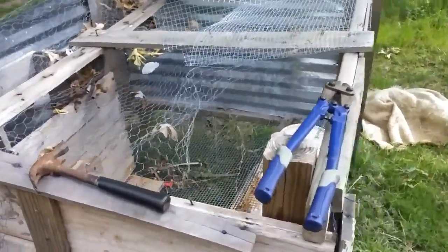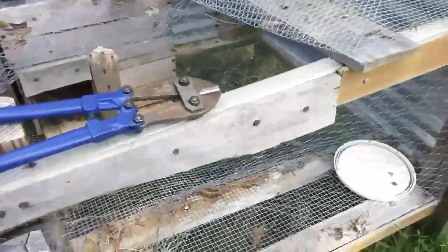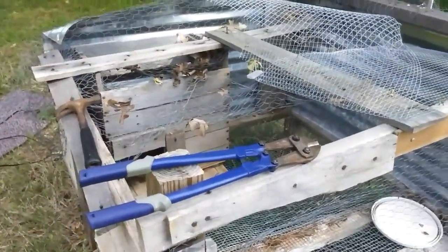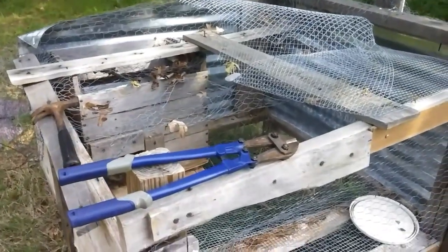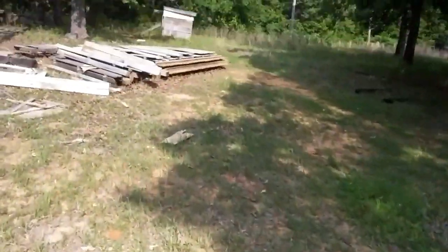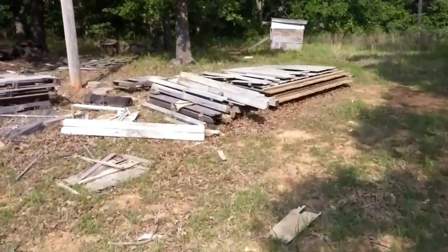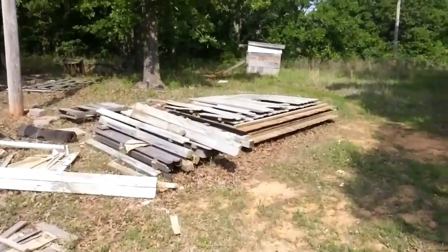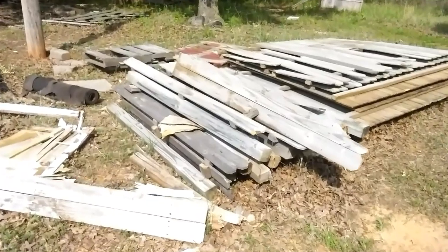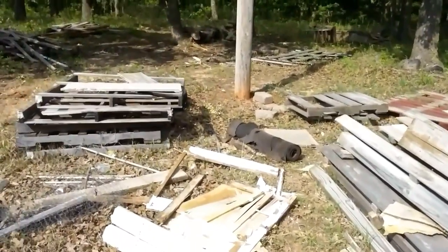We're looking at all of our scraps of things that we can use. We're thinking about taking this apart and reusing it, but none of the pieces are really the same size. So we're thinking about that. Come back to it. Over here we have some fence panels, but I'm not sure how strong they'll be. We have some posts. We may be able to use some of those. We've also got a few pallets,